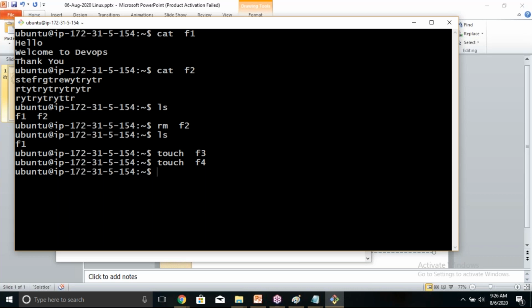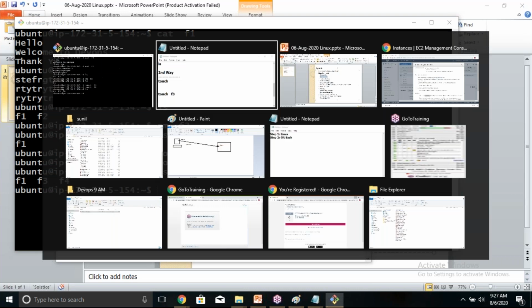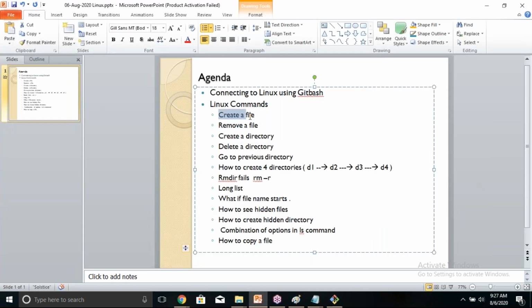So touch command is for empty files. ls, you get all the files, F1, F3, F4. F1 is created using the cat command, F3 and F4 we have created using the touch command. So we are done creating a file in two ways, by using the cat command and the touch command. We have learned how to remove a file also.